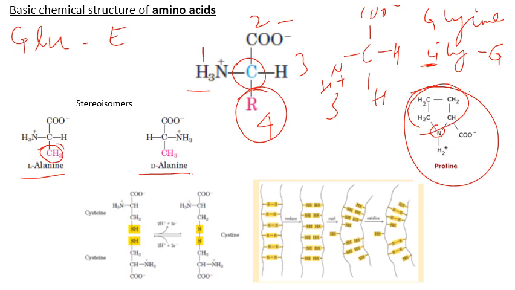Another important amino acid that's found in the proteins is cysteine. The cysteine here you can see has a CH2SH group. This CH2SH group from 2 different cysteines can undergo oxidation reaction to form a disulfide bond, and this molecule is called cystine. These disulfide bonds are